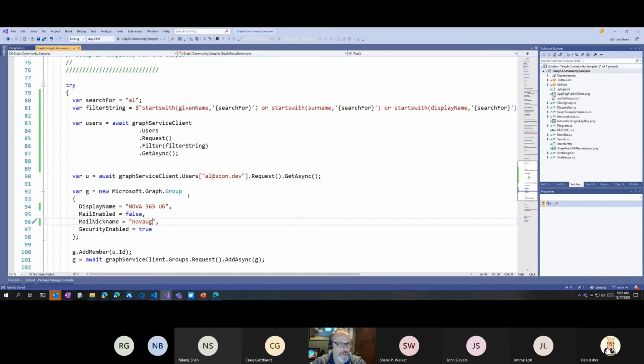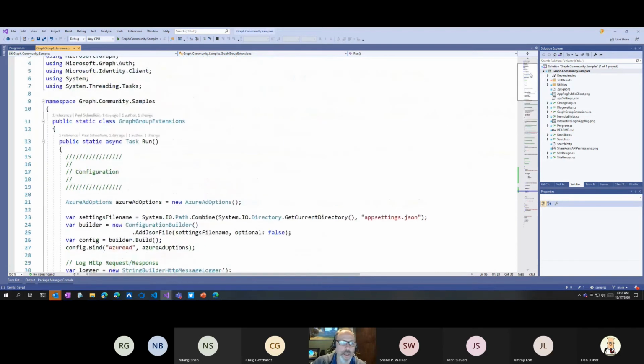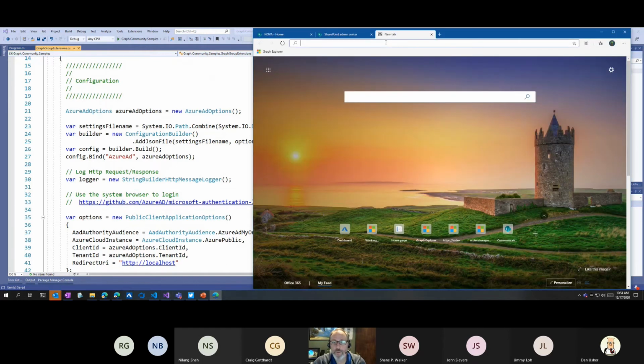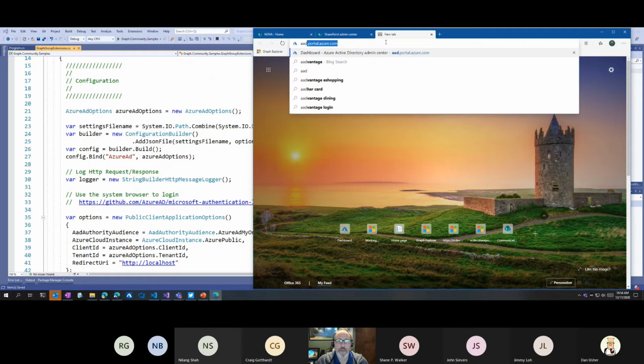How does this work? A couple things I want to walk through here. I'm going to scroll back up to the top of this application, and we'll go through what it's doing. A couple things need to be configured. I'm not in SharePoint anymore, so I have to do all the setup work myself. I need to register an application with my Azure Active Directory. So if I switch back over to that tenant, we'll go over to the Azure AD portal,